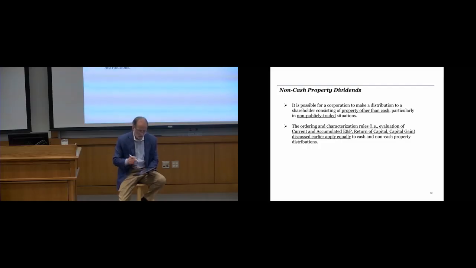The ordering rules and the characterization rules, the evaluation of current ENP, accumulated ENP, then return of capital, then capital gain, that we just discussed apply equally. Nothing special, right? That's all premised on value. Just all those examples happen to be cash, but that could have been a piece of land for that. And so we still have 4 scenarios. Current positive, negative, positive, negative, negative, still happen in a non-cash property